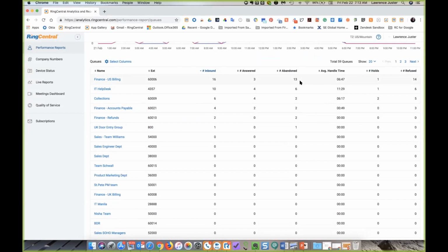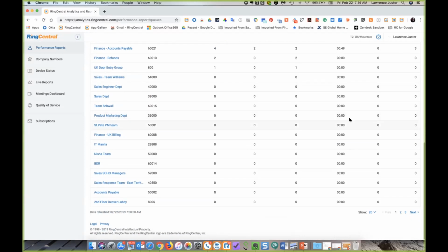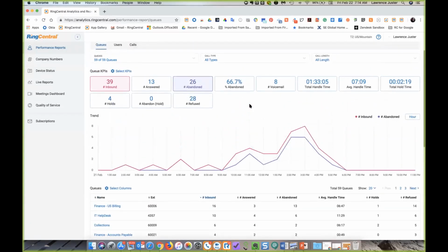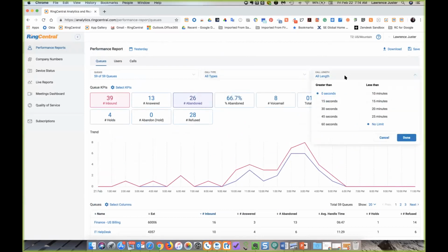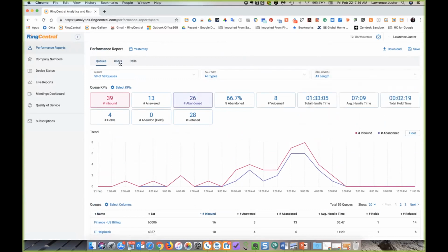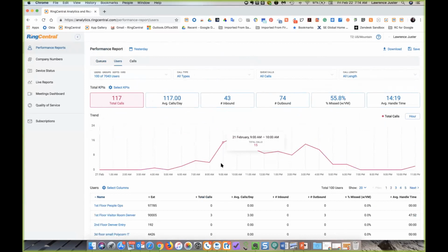If that particular queue, let's say, over time you determine that nobody should really be on a call longer than about 10 minutes. Well, why are these two agents on there for 37 minutes? Is it a training issue? Are they socializing too much? Things like that. So you can really take a look and drill down to what you're looking for. So you can look at internal calls as well as external. And then you could also use the filters here. Like I said, that's the queue level. You can drill down to the user level,